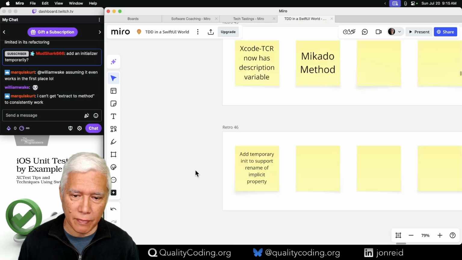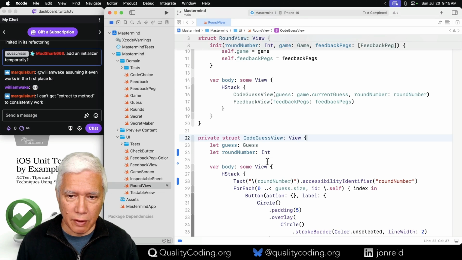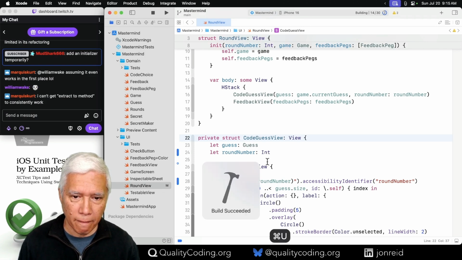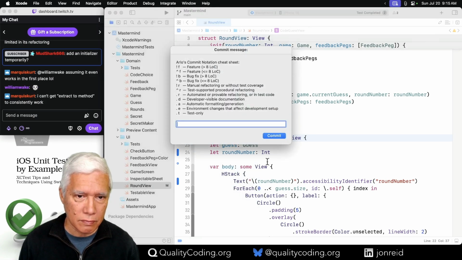How's that? That's clear enough. So with that, this should just fly through. Remove init, use implicitly. Okay.